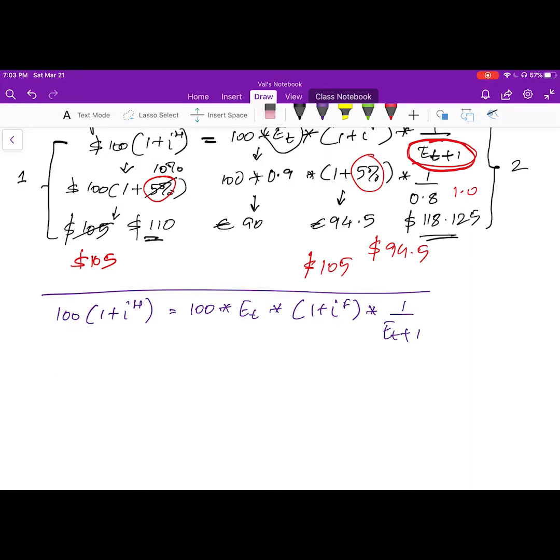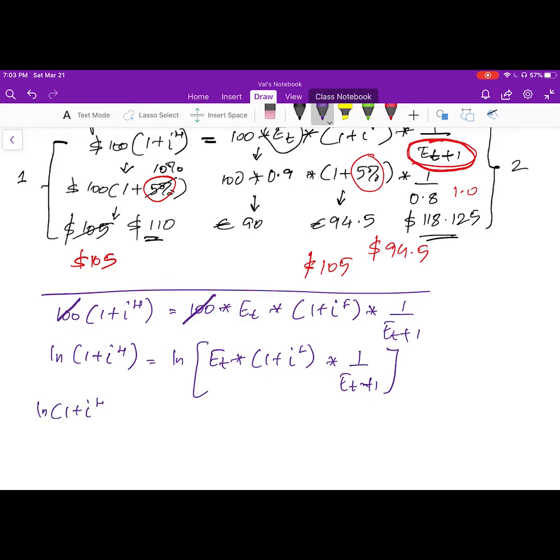Take the log of both sides, and you end up with the log of 1 plus i to the power of h equals ln, take big parentheses. This is simple algebra. You ask me what happened to the 100? Well, the hundreds canceled, right? So you're left with this. Once again, we simplify this, and we end up with